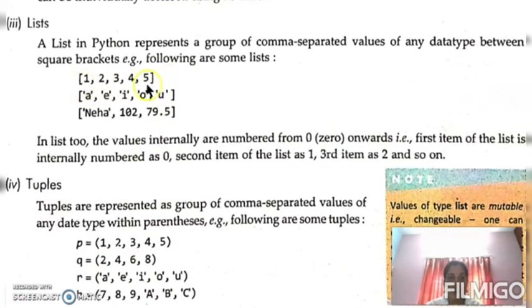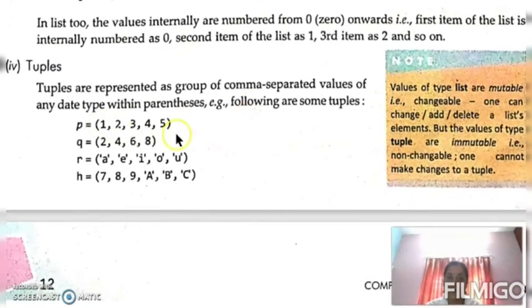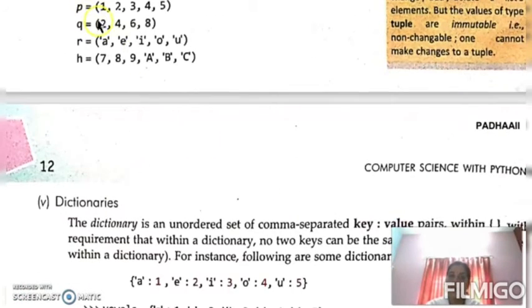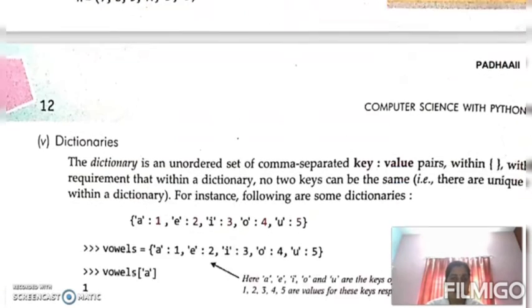Here we are using square brackets, but here we are using parentheses. So data are enclosed in parentheses. All the features of a list are the same for a tuple, except in one case, that is mutability. Tuple is immutable. Position is also the same. The first value has position 0. The number of elements is the length of the tuple. The last element will be L minus 1, like that.